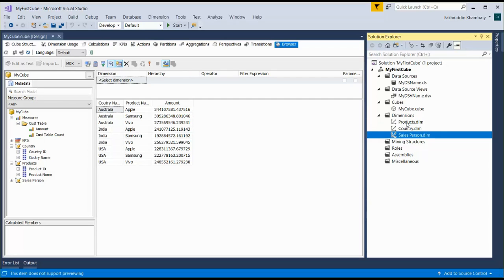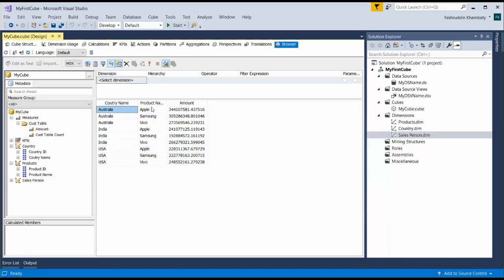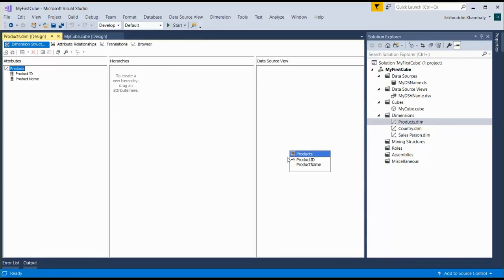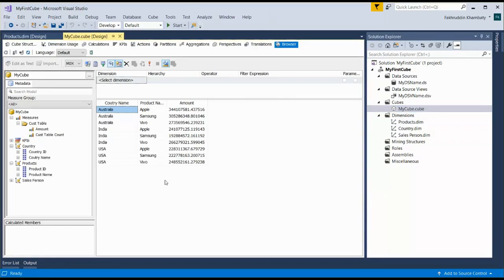Then we also saw how to make sense when we have foreign keys over here and we want to actually display the name using the data source view and attribute option over here. So all these things contribute to make a good looking cube right in front of you.